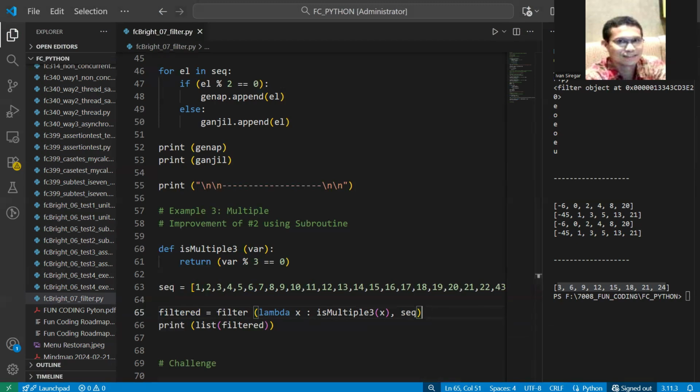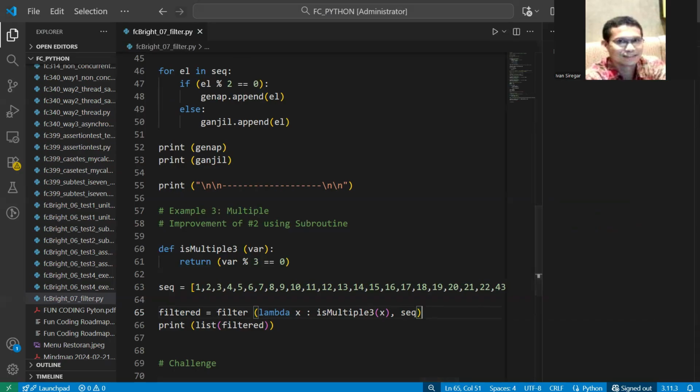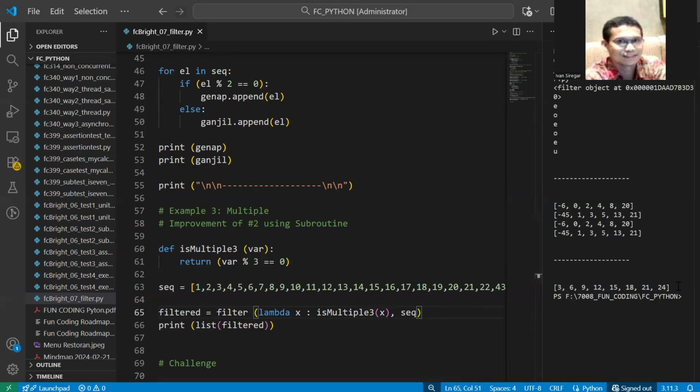Then you can try. Finally, it is still the same as the previous one, but the difference is that the value inside the filter parameter is not written out explicitly here. Instead, it uses the function name. This is the third one, and I think this is the last example.